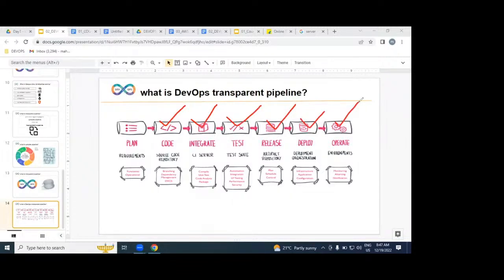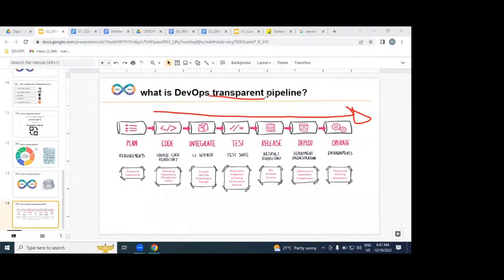To be frank, while implementing this DevOps process, we are not writing any code, and we are not writing any test cases. We are just implementing an automated, transparent pipeline. Why?